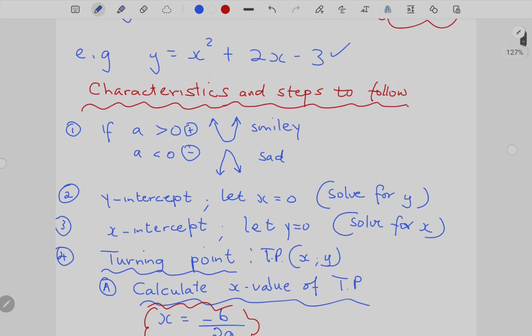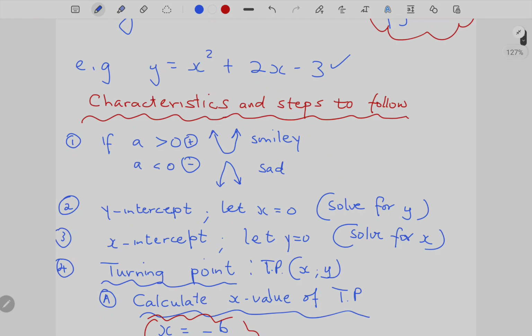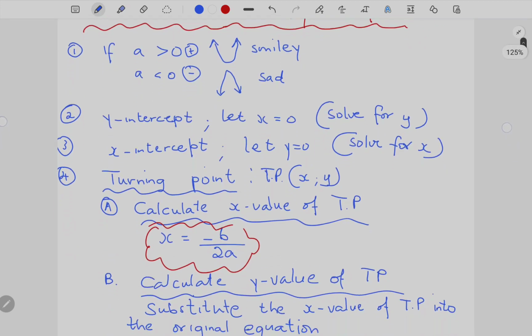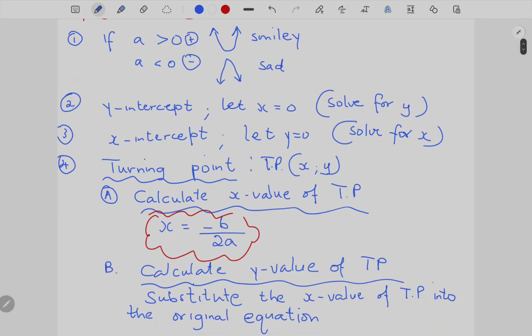With this one, the value of a is the coefficient of x². The coefficient of x² is positive 1, so we're going to have a smiley face graph here. Another thing we need to do, step number 2, y-intercept. We must calculate the y-intercept by letting x be equal to 0 and then solve for y. Step number 3, x-intercept, we let y be 0 and then solve for x. Last point,